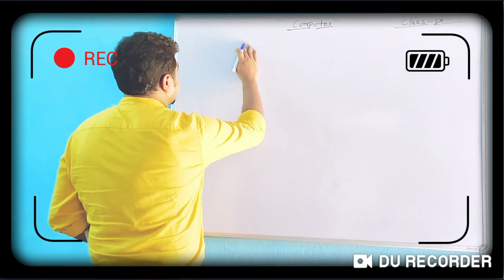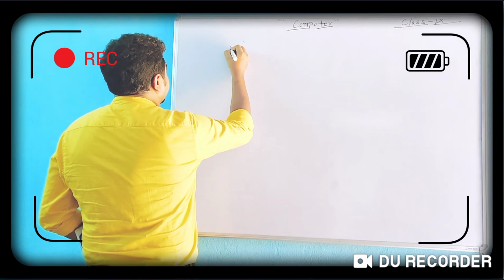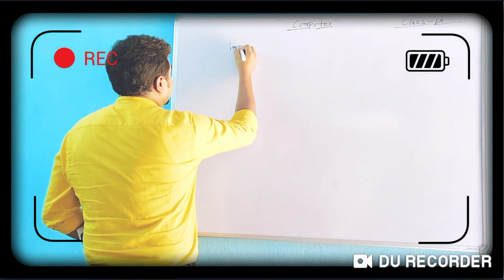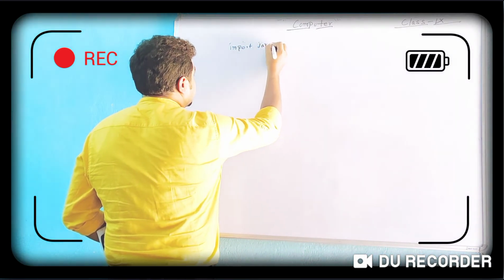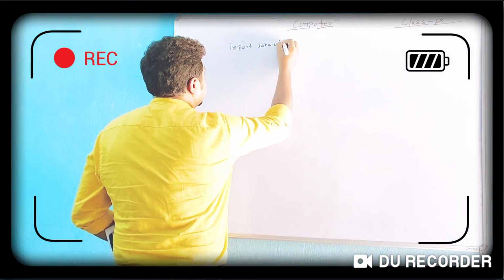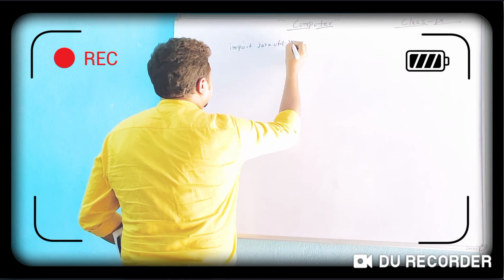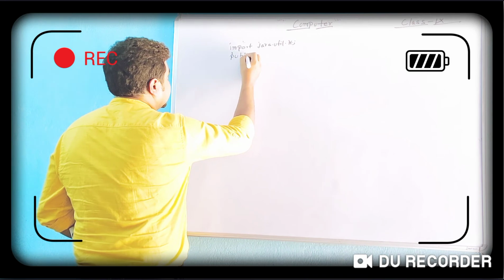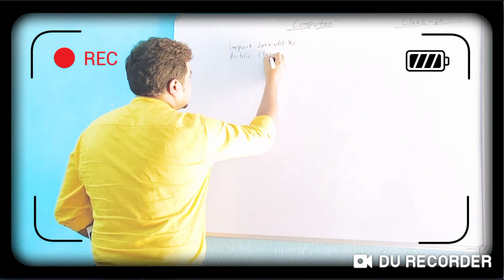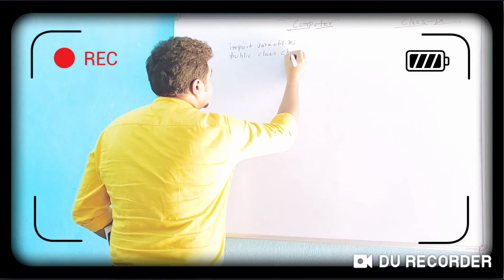Okay, so here I am going to discuss one program, that is, write a program to check whether it is an even number or not. So how to check, I am discussing here. First I am going to take input: import java.util.*; and then I will be writing here public class, name of the class, Check, and writing here,